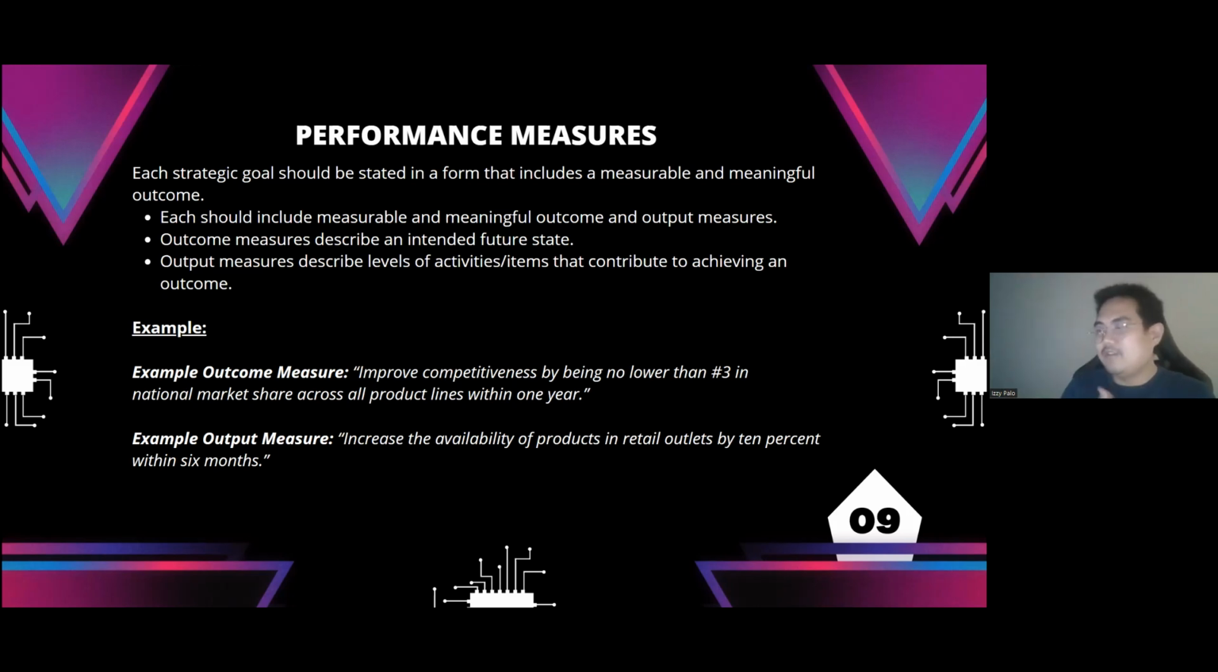An example of an output measure is to increase the availability of products in retail outlets by 10% within 6 months. This measures the output of a certain product or service. The measurement here also needs to be specific, so there should be a figure, a number. It says that it should increase the availability of products by 10% in 6 months. So obviously that's the measure. So that's all for the